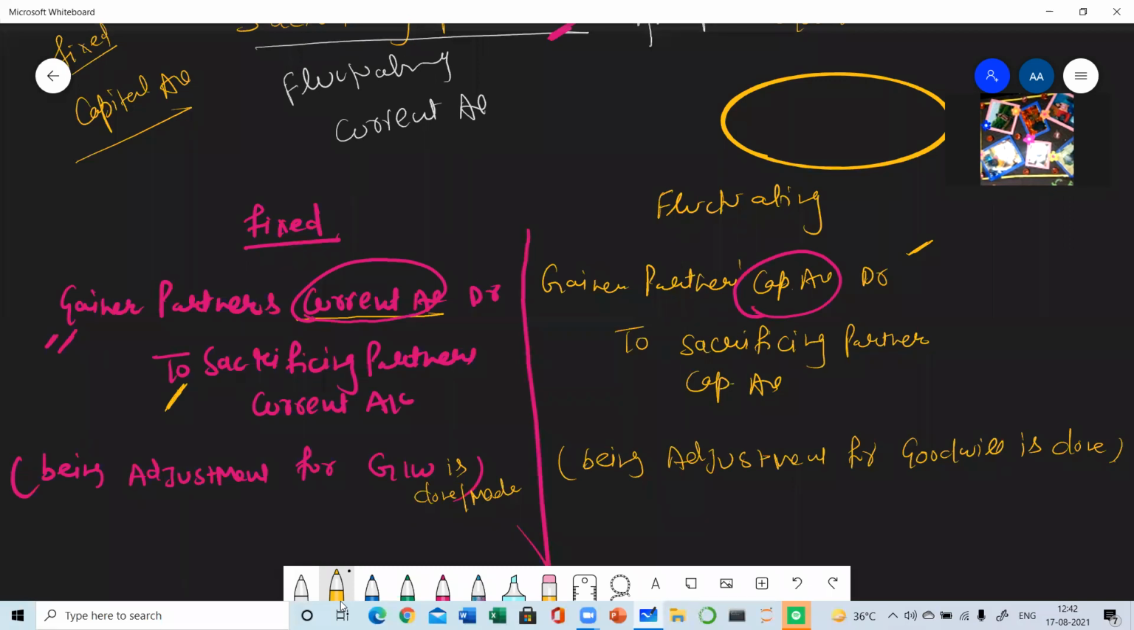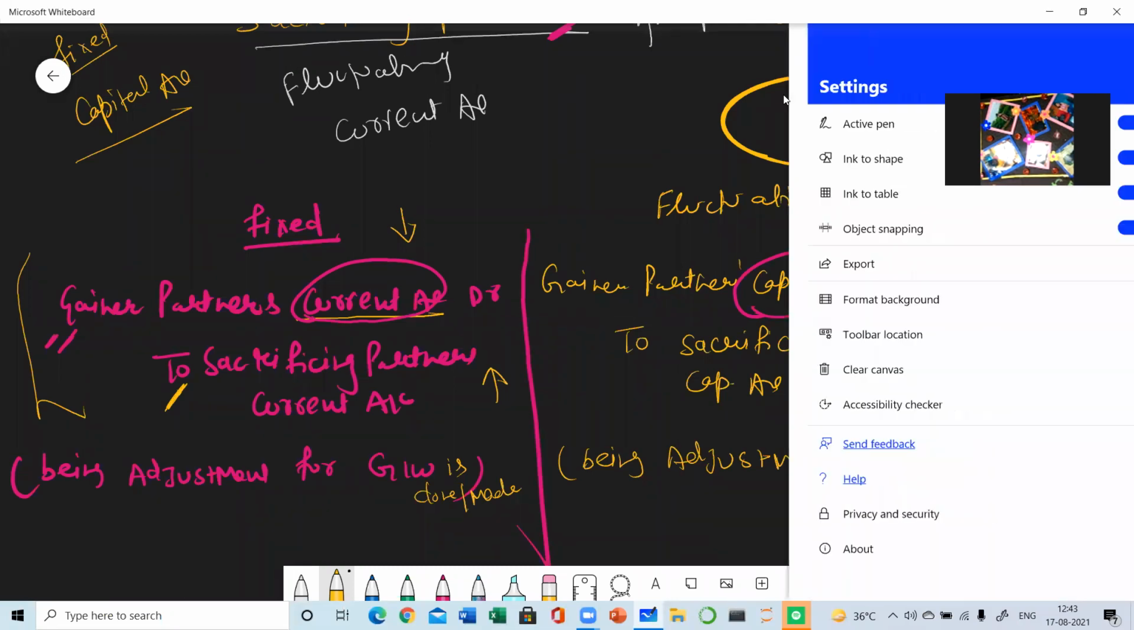And when the gainer partner is compensating the sacrificing partner, this entry will be passed. The gainer partner must be making payment to the sacrificing partner. So when the gainer makes payment, his capital will be decreased. And when the sacrificer gets payment, his capital will be increased. When capital increases, it is credited. When capital decreases, it is debited. So the gainer's capital will be debited and the sacrificing partner's will be credited. And in future, the profits will be shared in the new profit sharing ratio, whatever the new ratio has been decided. Now let's do one question